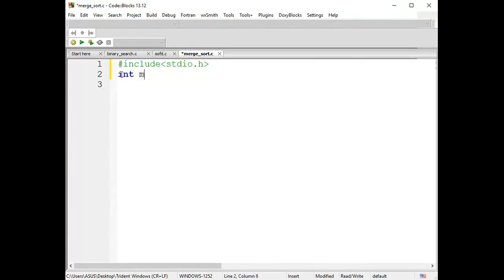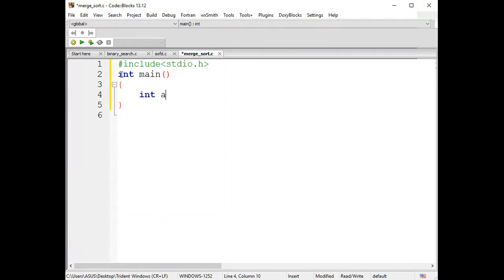Okay, let me write the required elements first. We are going to write an algorithm for it, where let me declare an array and initialize values for it before starting with the logical part.